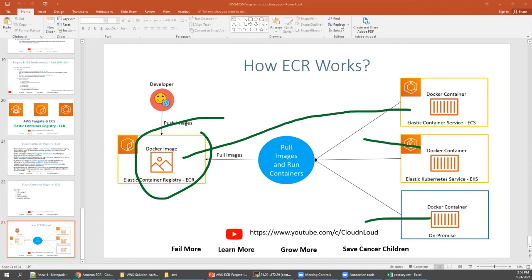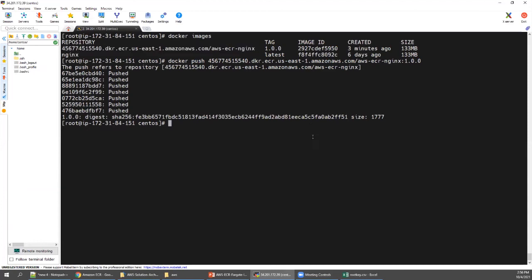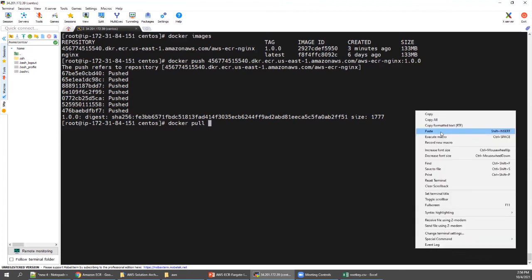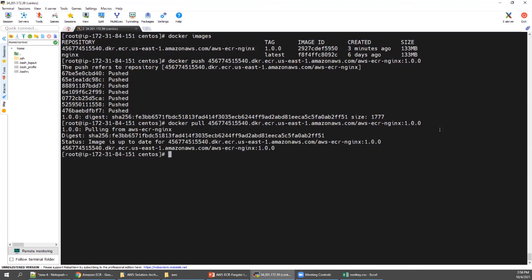On-premises, we have just tested, right? What we did is, this is my Linux machine, some Linux machine. I manually installed Docker and created some image. Even if you don't have the image, you can connect to this repository and download it with docker pull. Already the image is there, so you can spin it up. So this is the third step.